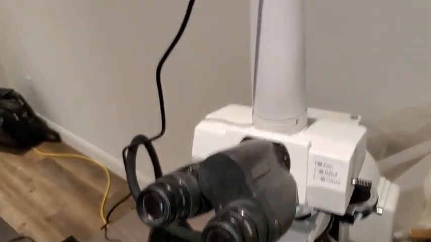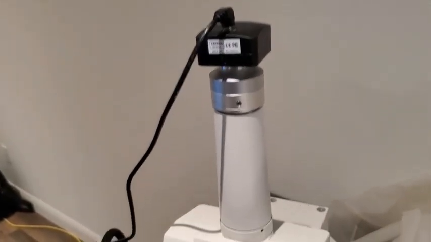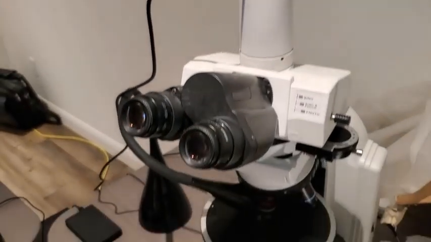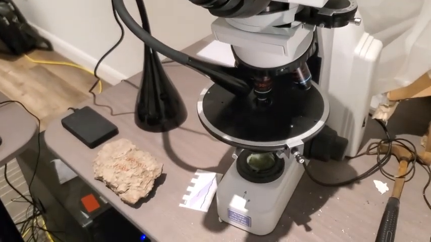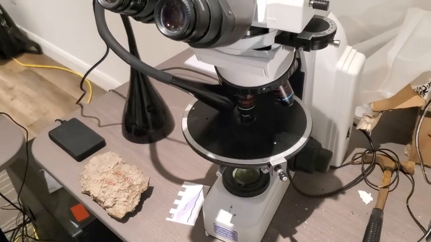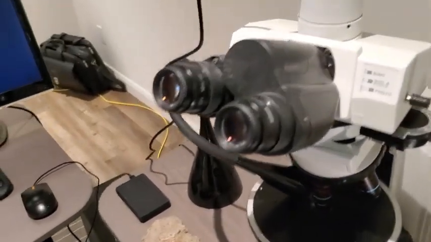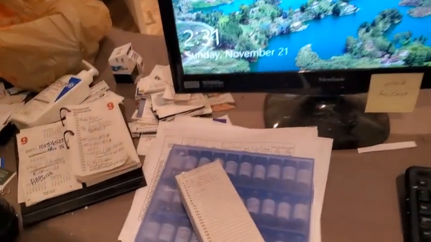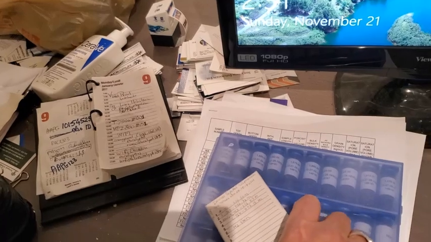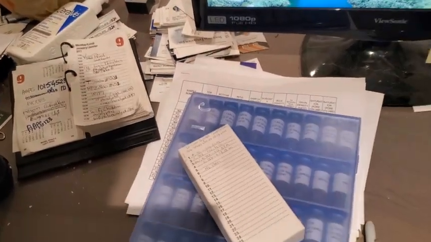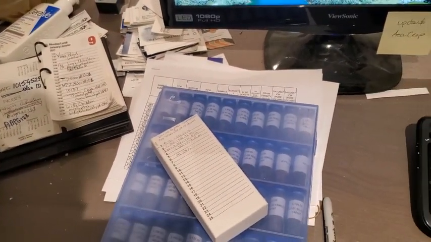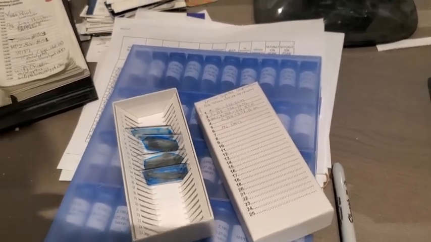Okay? And here is another microscope. All my microscopes have cameras, right? And this is the polarizing or transmitted light microscope. It's quite a honking thing, and that's where we look at thin sections. So I got here a box, and it contains thin sections. And I think I have to pause the video here to open the box. There, the box is open,